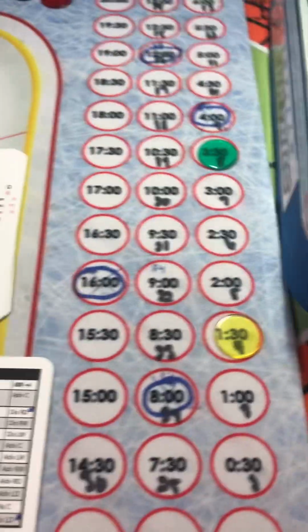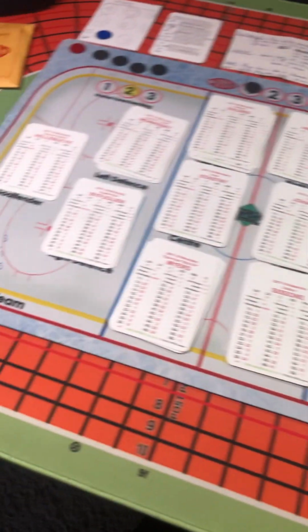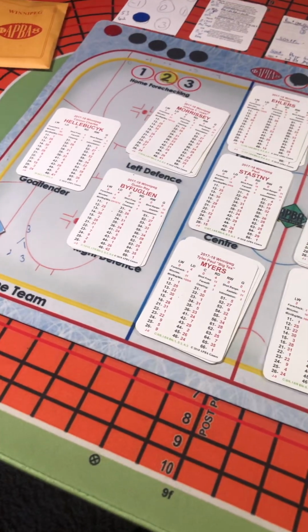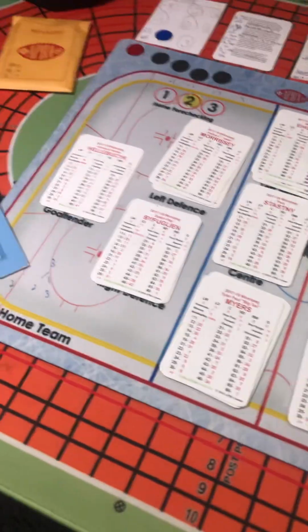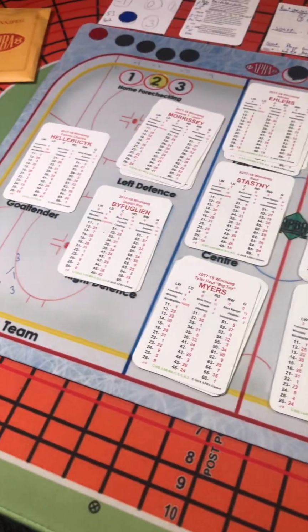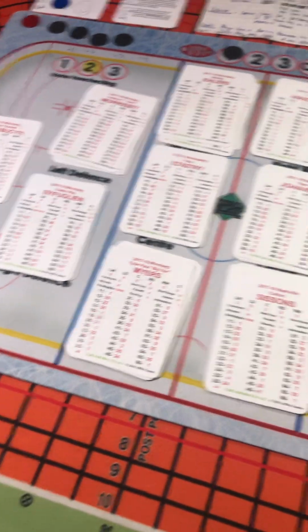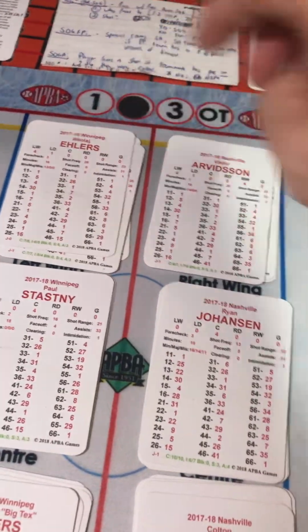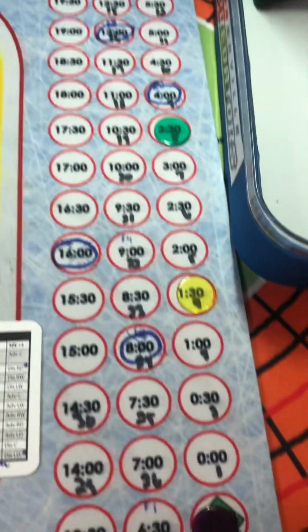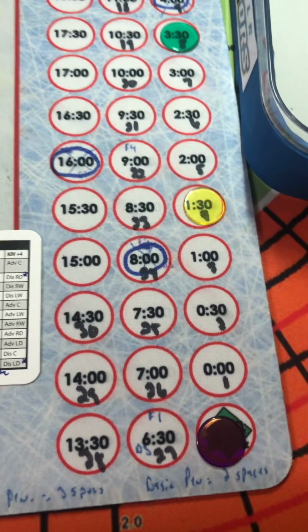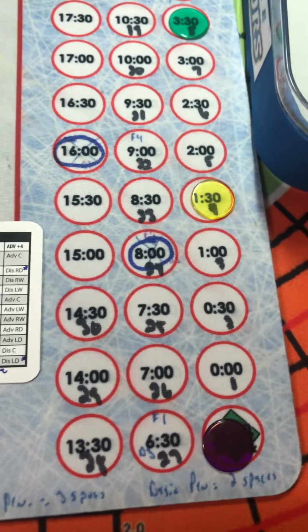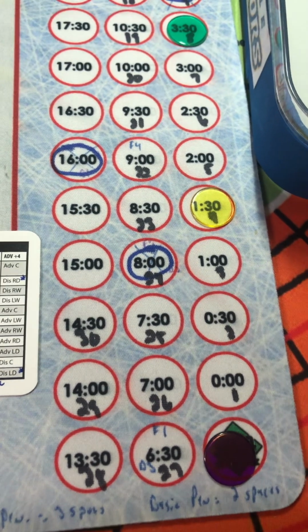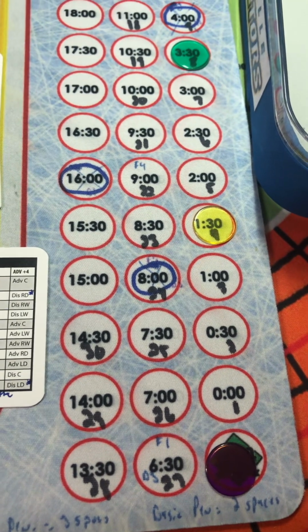So you can see on my little trackpad here of this mat that I have, which very closely resembles the game. I'm sorry, I don't remember who I got this mat from. Wish I could give you credit, but it is a great mat for APBA Hockey. We're in the second period, and this is my little trackpad I use. It's kind of sacrilege to me to write on mats and stuff like that, but in the way to streamline